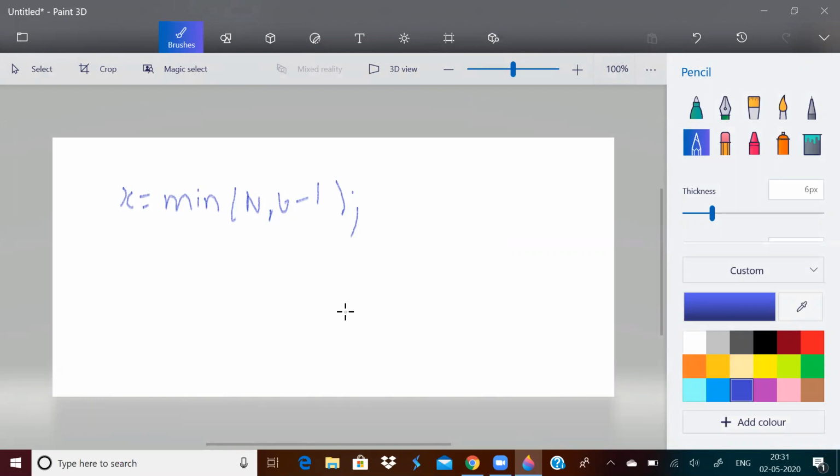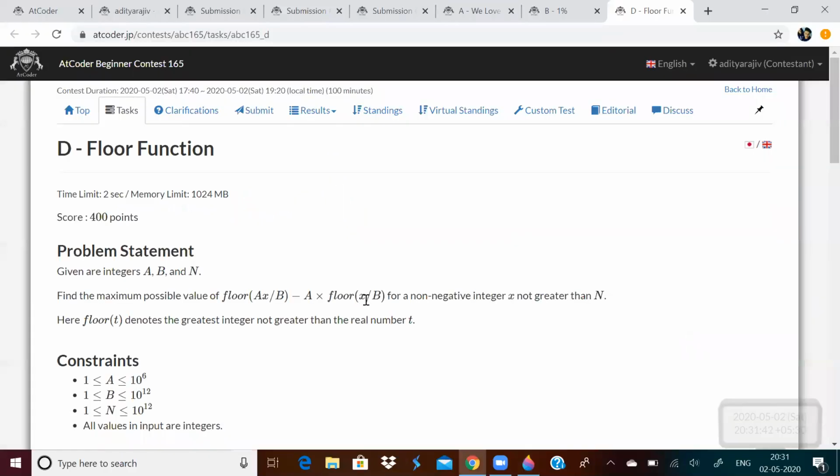If it is greater than b, you will not get the max value. We can observe that from here. If x is greater than b, floor of anything greater than b by b will be 1. If you want this value to be 0, x should be less than b.